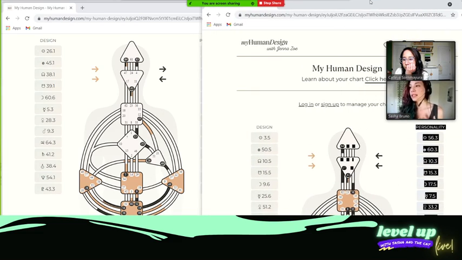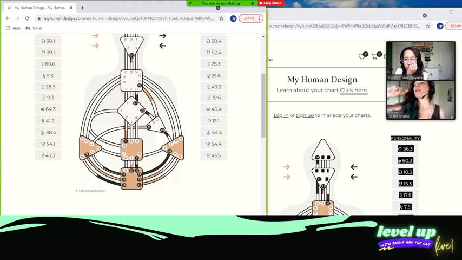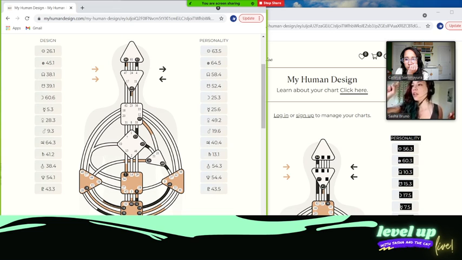In terms of Kat's chart, just because we're looking at it, the top triangle is the head. The second one is the ajna. I don't know if I'm pronouncing that right, but whatever. Ideas. The third is the throat. The one below that is G, which is like the liver blood component. The little triangle off to the right is the heart/ego. The one in the center is the sacral, desires. The one to the left is the spleen. The one over to the right is the solar plexus. And the one at the bottom is the root.